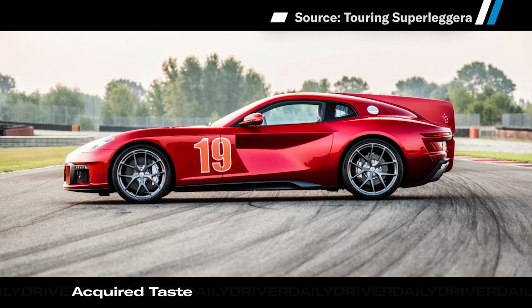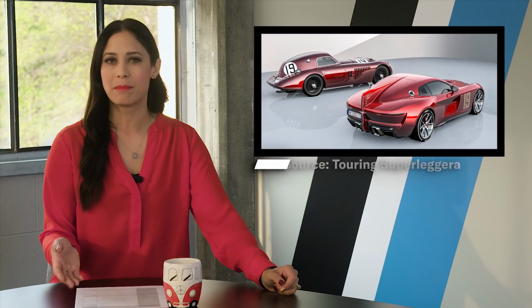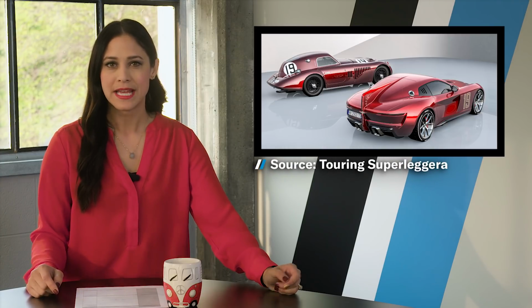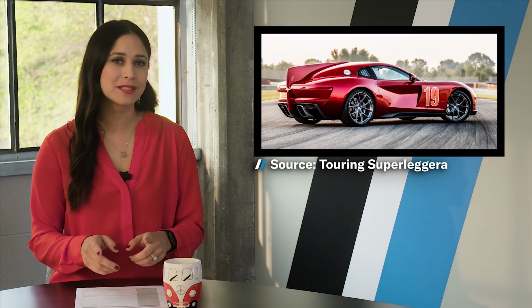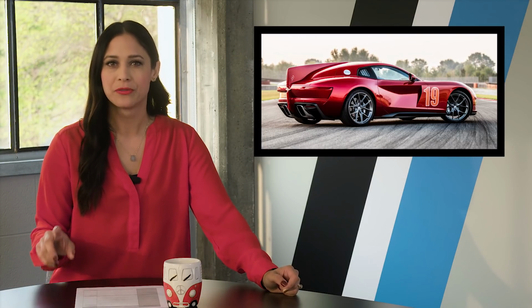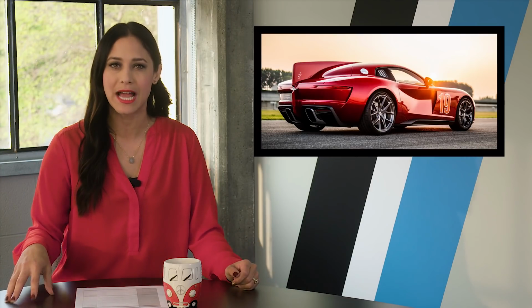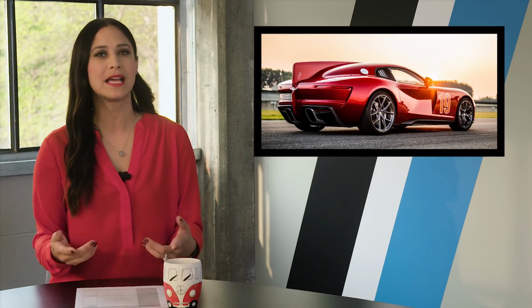Love the crazy aero of the early 1900s but don't have a riding mechanic? Well, here's the solution. It's the Aero 3 by coachbuilder Touring Superleggera. Inspired by Touring's own designs from the 1930s, it features custom bodywork made out of carbon fiber. To make sure it's as fast as it looks, the Aero 3 is powered by a 6.3-liter V12 from a Ferrari F12 Berlinetta. The engine makes 720 horsepower and 509 pound-feet of torque, which is sent to the rear wheels